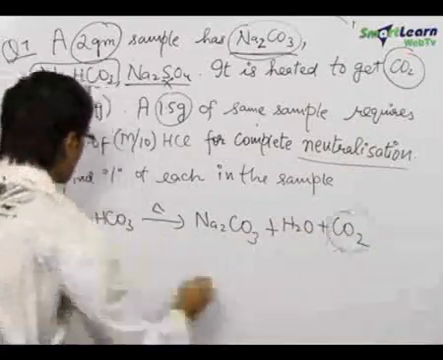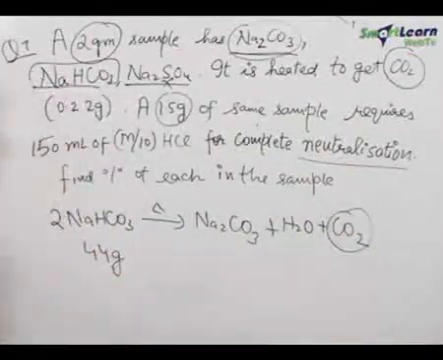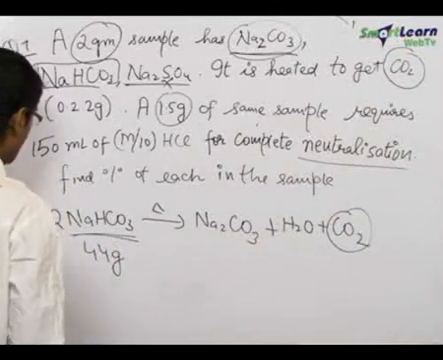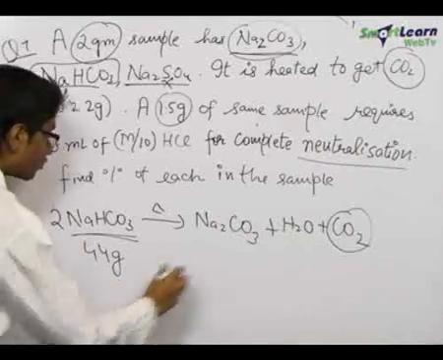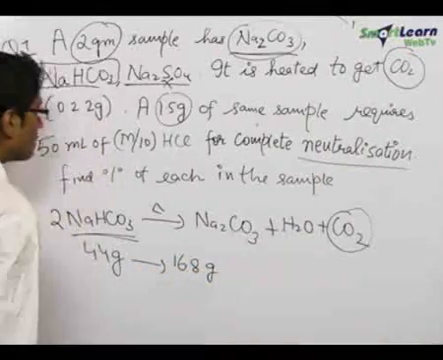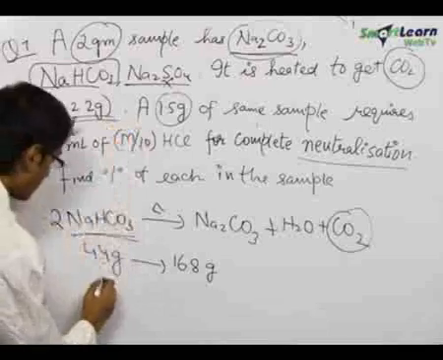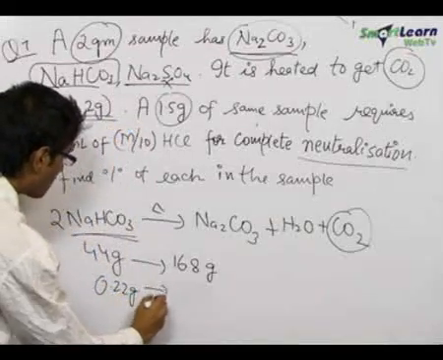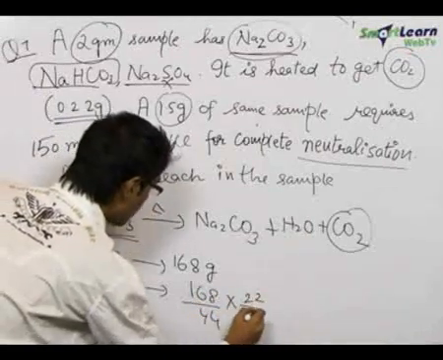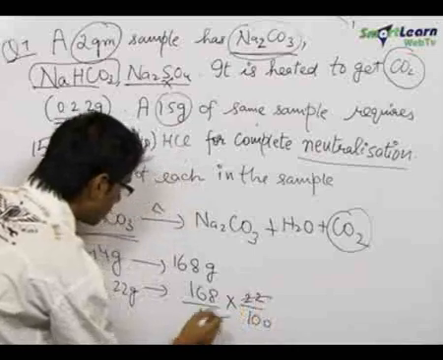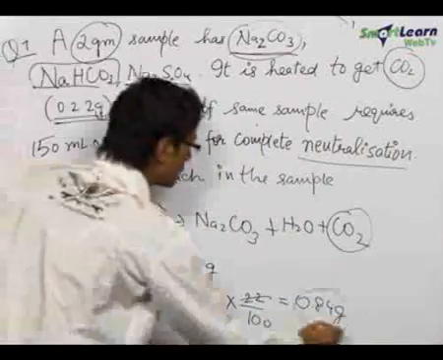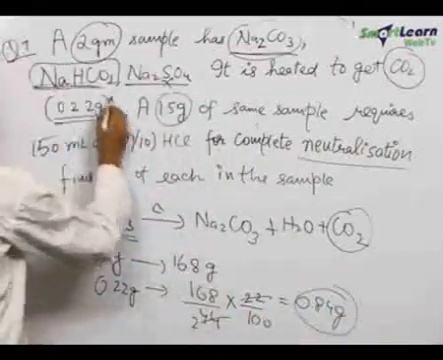Now 44 grams of CO2 is obtained from 2 into the molecular mass of NaHCO3, which is 84. So 2 into 84 is 168. So 44 grams of CO2 is obtained from 168 grams of NaHCO3. So 0.22 grams of CO2, which is given, will be obtained from 168 upon 44 into 0.22, which is 0.84 grams, and hence 0.84 grams of NaHCO3 is present in the given sample